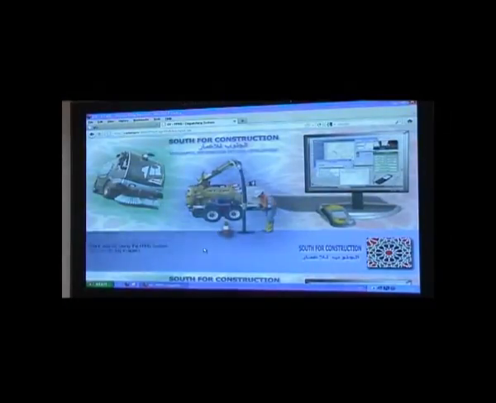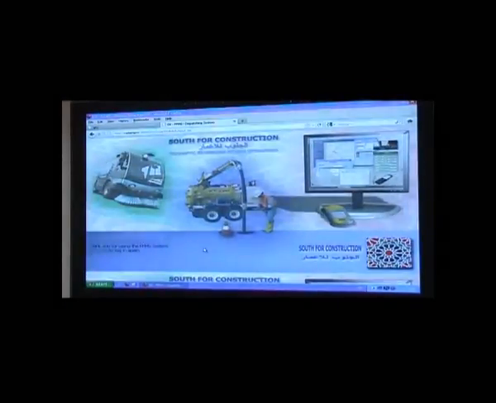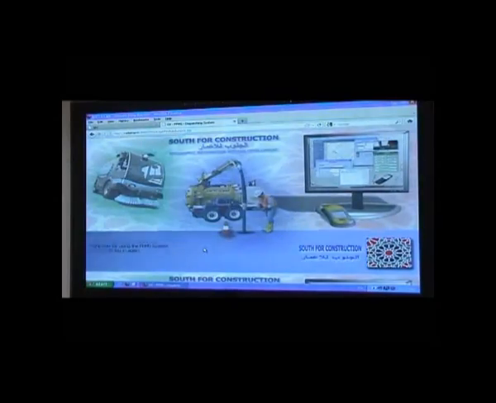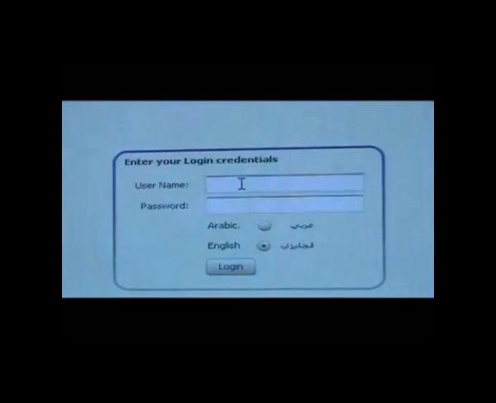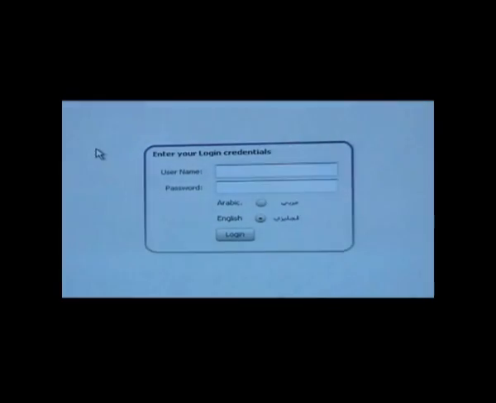Now let's get started with our Murshid, or Modern Enterprise Vehicle Tracking, application. On startup, you are presented with a login page in which you are requested to enter your username and password for authentication and authorization purposes. You also have the choice of switching between the English and the Arabic interface by selecting the corresponding radio